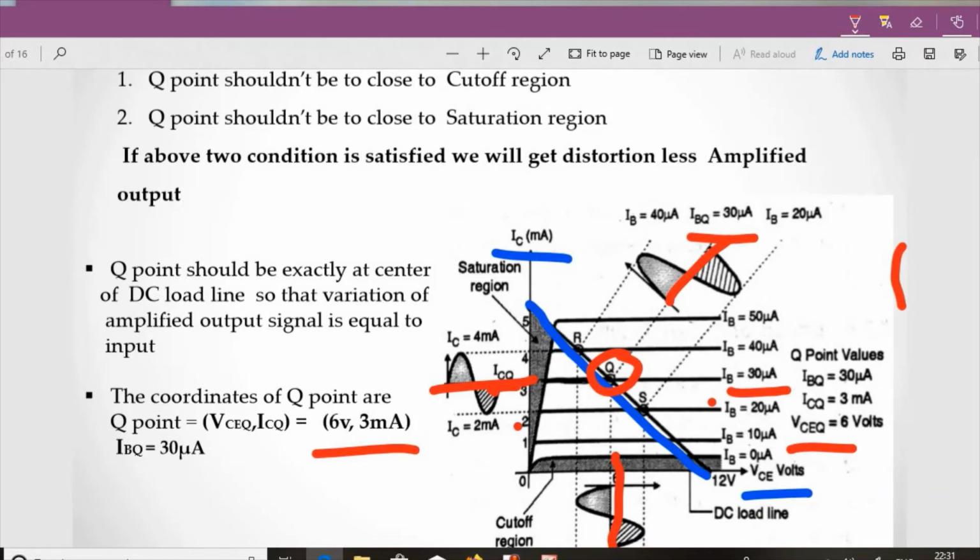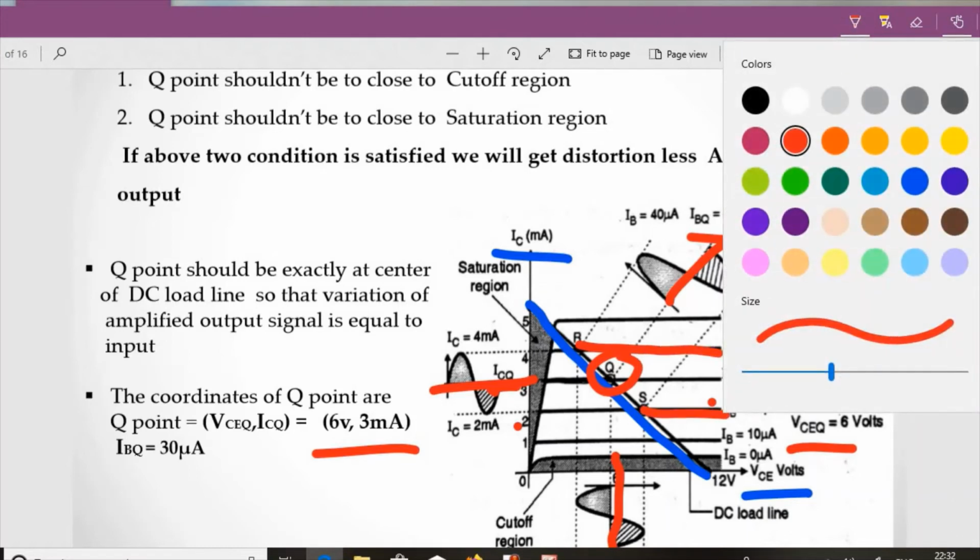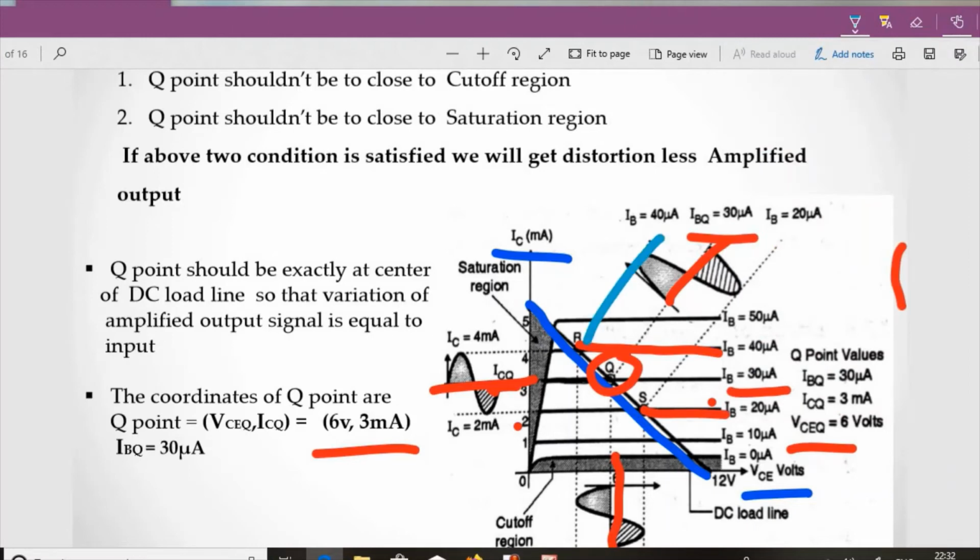Now this AC signal, as it is a sinusoidal signal, will vary from this DC value up and down, which we already discussed in the previous lecture. If you take IB first, here it would be the IBQ, that is 30 microampere, and it is varying up and down. How much it is varying we have shown out here. It is nothing but this: 40 and this is 20. So we are just extending it. This is 40 and this is 20. So this entire thing varies between 40 and 20.